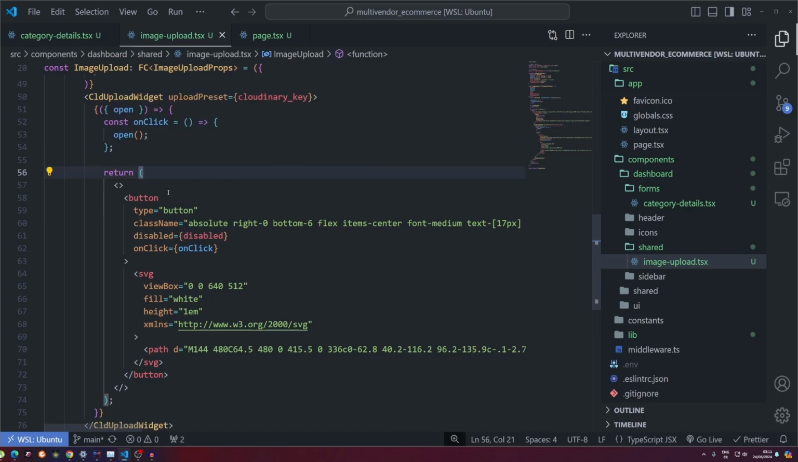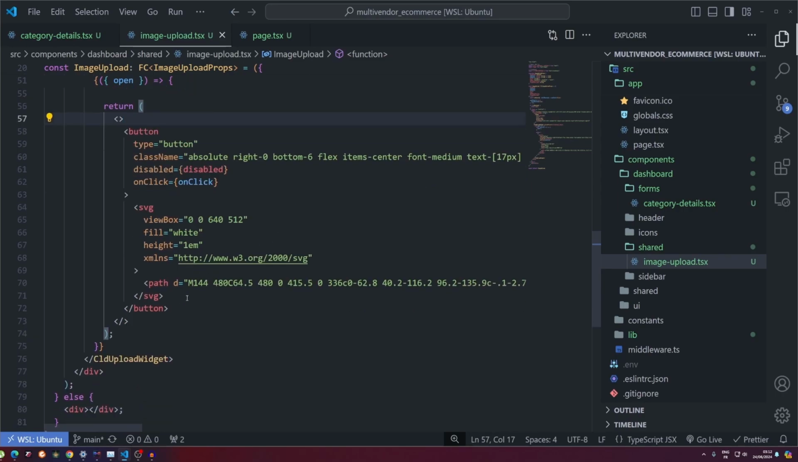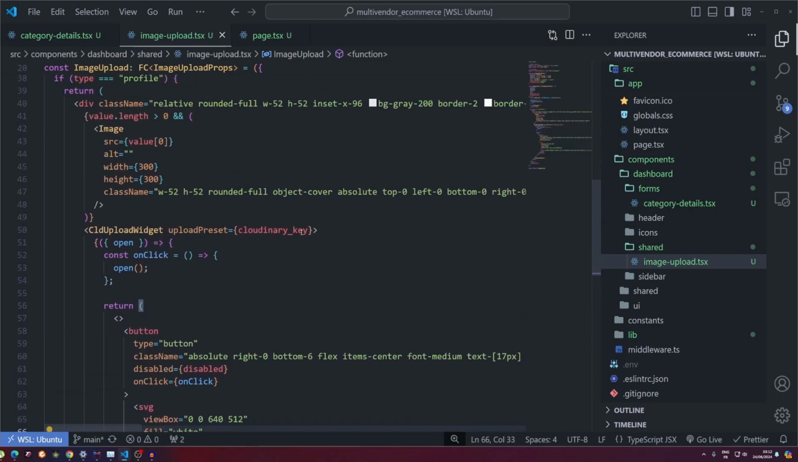This button right here is just a normal button, it's going to be disabled when disabled, and on click, we're going to add the on click events right here, which is going to open that widget for us, and it has this nice SVG. So that's it. And yeah, for this one, the last thing that we have to do right here,